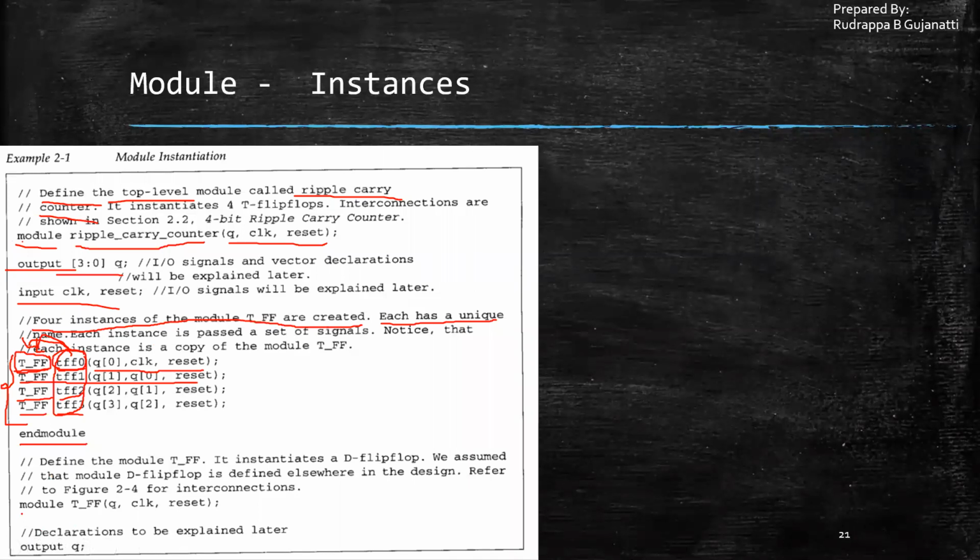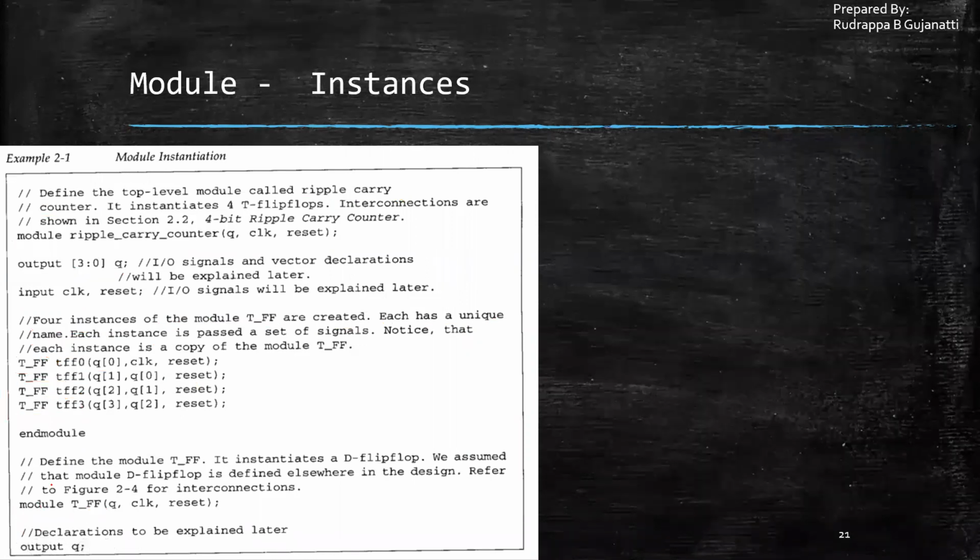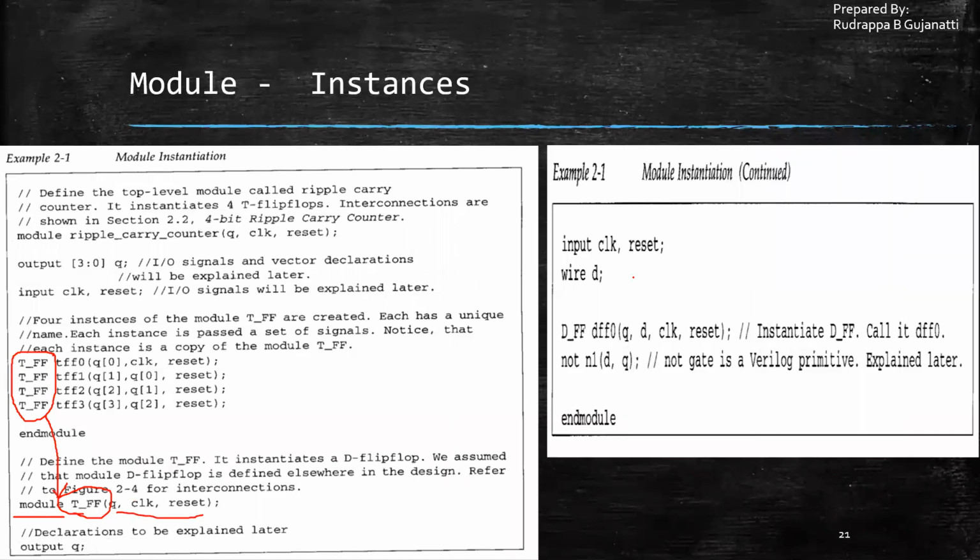Now here, if you just come around, we have another module which is T underscore FF, that is related to this part. So these also have to be defined. Without defining, if I try to use it, then it will throw an error. So this is how it is defined. That is module. T flip flop is the name of the module, and these are the terminal lists. So here again, we can just check out. Output is given as Q over here, then input is reset, then we have something specified as wire. So later we'll check out what this term defines.